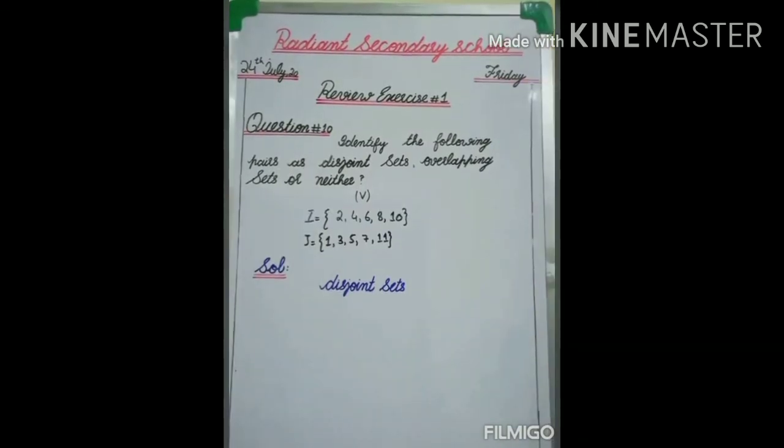Okay students, this was the last question of review exercise number 1 and today's diary is you have to complete question number 1, 7, 10 in your book and the remaining questions you will complete in your classwork notebook, and you have to complete the given test in your ref registers.